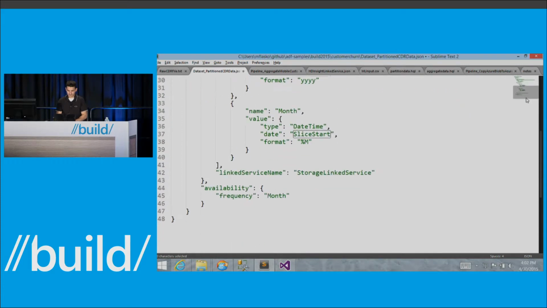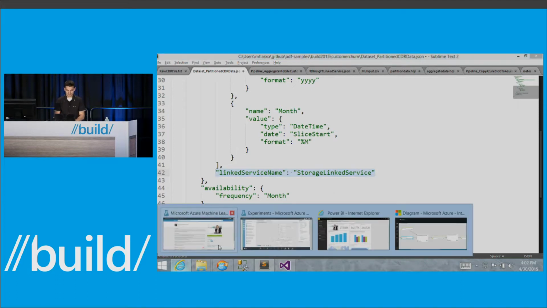Lastly, we're saying this data set, while stored in Blob Store, is stored in this particular linked service. So what we do is we have a generic definition about the data and where it's stored in a particular kind, in this case, a blob storage. And then this last binding to a linked service is basically binding it to a particular blob storage account. And so at this point, all I've done is describe the data that's going to be used by the subsequent